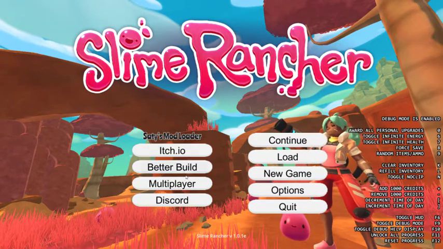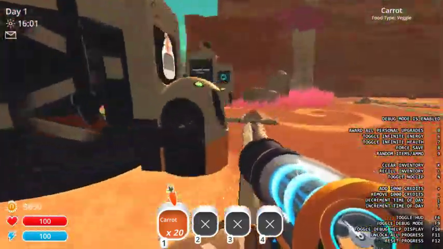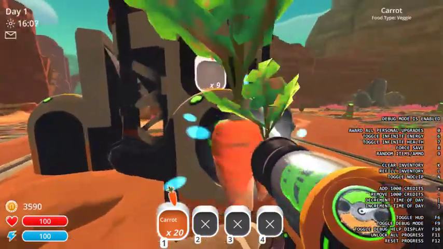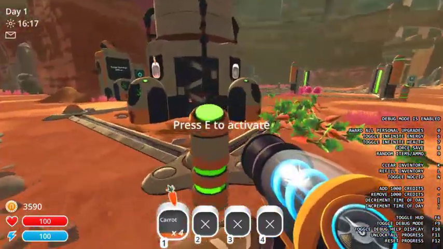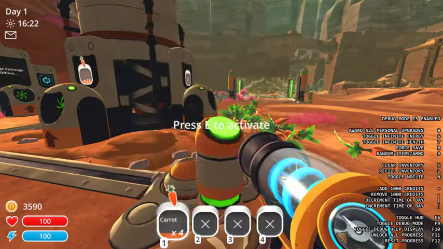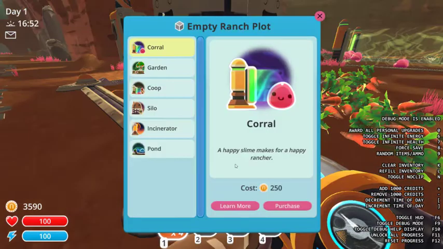I don't know why there's double there. Okay, so it still hasn't corrupted, so there's that. Don't know what to say. But it has now does what is expected of it, except for that. Seems to think it must be that an empty ranch plot is bigger than a regular ranch plot. There's no way I can demolish both of these, so if I save and exit and I come back, maybe...